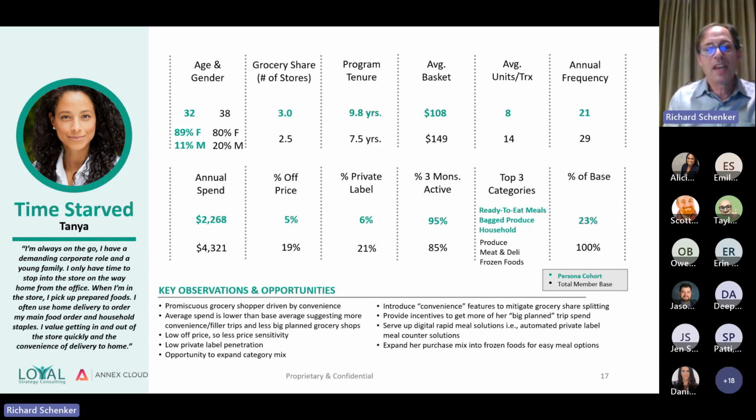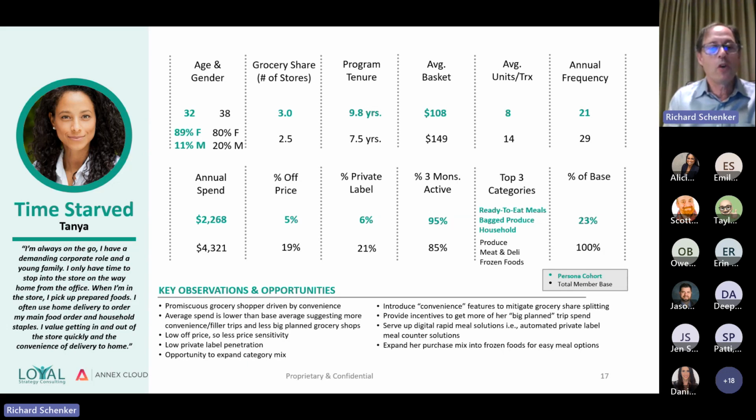So what are some of the key observations? What we do know about Tanya and people like Tanya is that she really is a promiscuous grocery shopper. And I mean that in the sense that it's driven by convenience. The average grocery shopper goes to 2.5 locations. She goes to 3. So she goes where it's easiest for her to get in and out of the